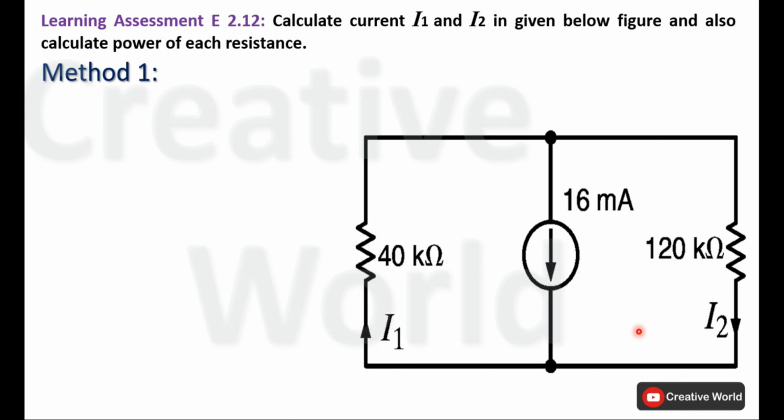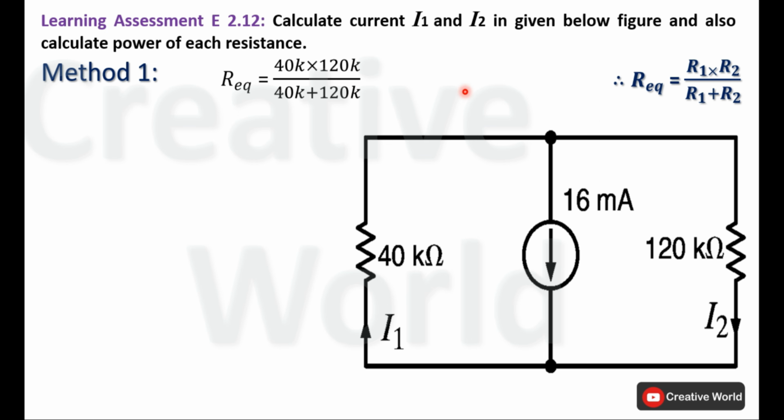Using the calculation of R equivalent for two parallel resistances, that is R equivalent equals R1 multiplied by R2 divided by R1 plus R2. In the numerator we will take the product of both resistances and in the denominator we will add both resistances. Place the values of resistances into this formula. R1 will be considered as 40 kilo ohm while R2 will be considered as 120 kilo ohm. So the R equivalent will be R1 40 kilo ohm multiplied by R2 120 kilo ohm divided by R1 40 kilo ohm plus R2 120 kilo ohm. Solve this equation to calculate the R equivalent of these two resistances, that will be 30 kilo